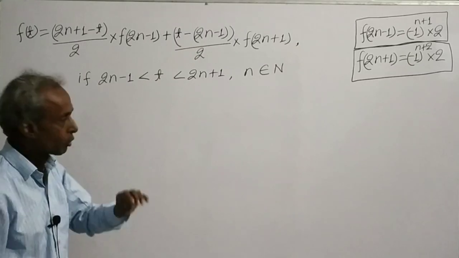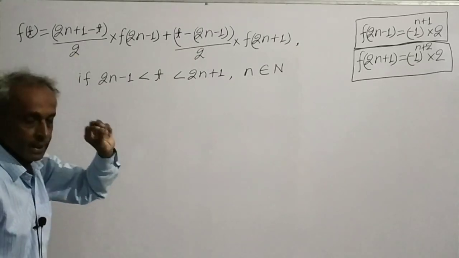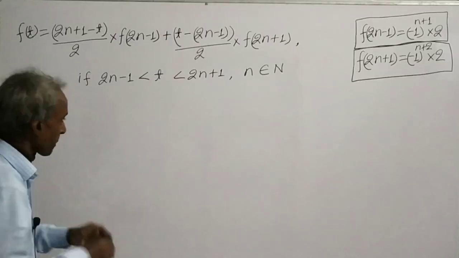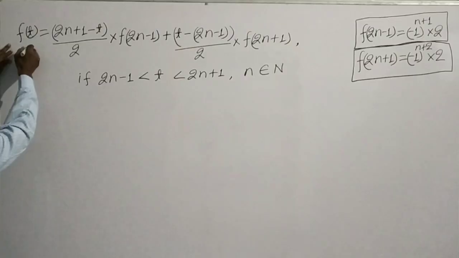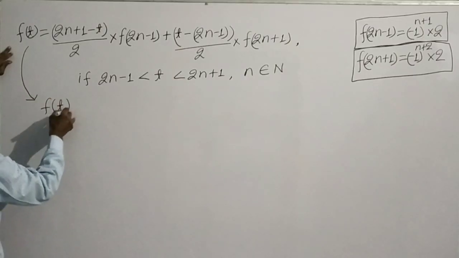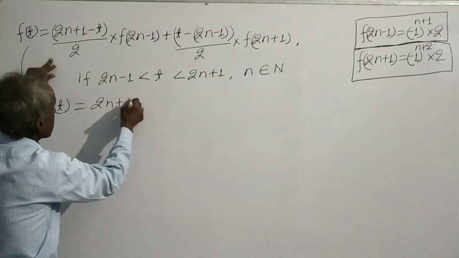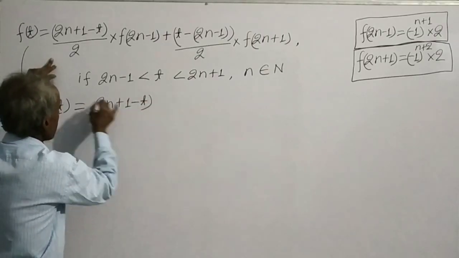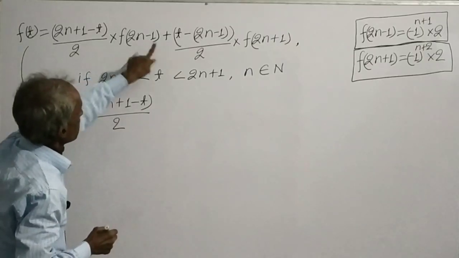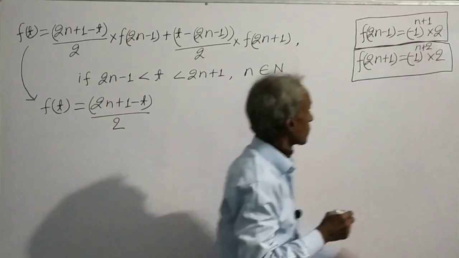Now we want to write this f(t) in a little simplified form. For that purpose, we write f(t) is equal to (2n+1-t)/2 times f(2n-1). But f(2n-1) is equal to this,